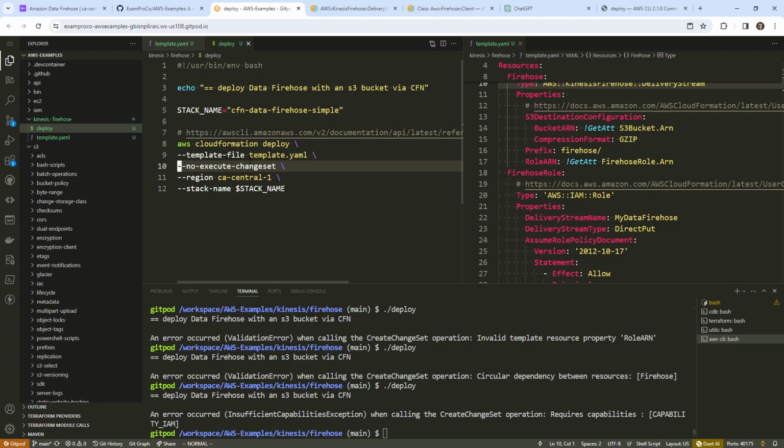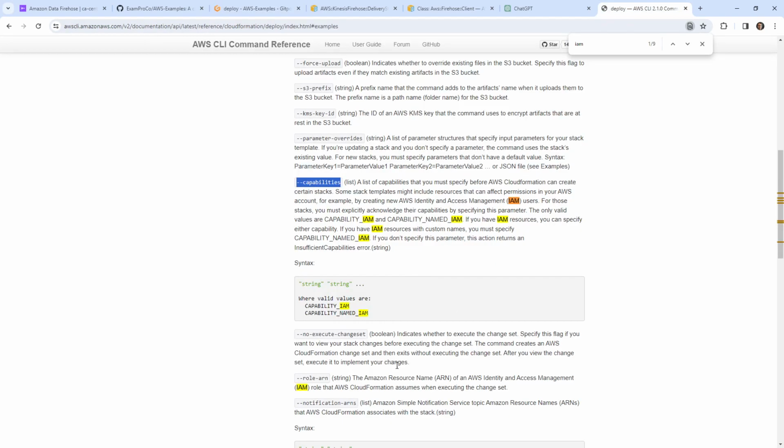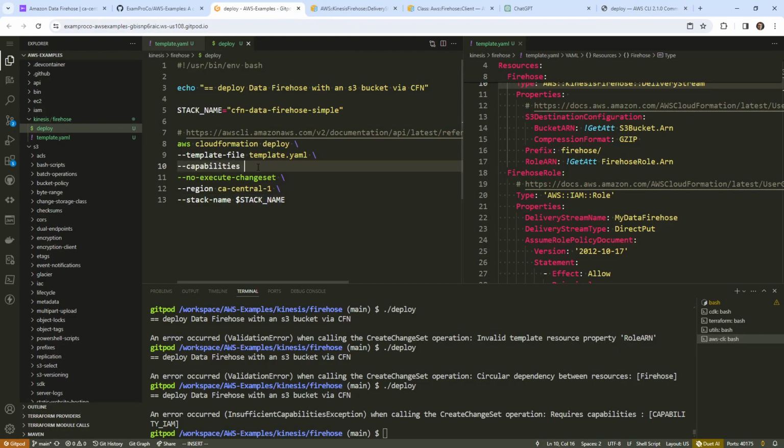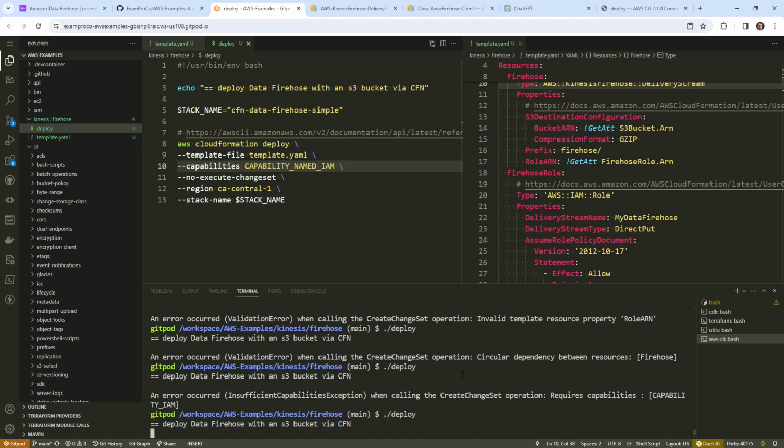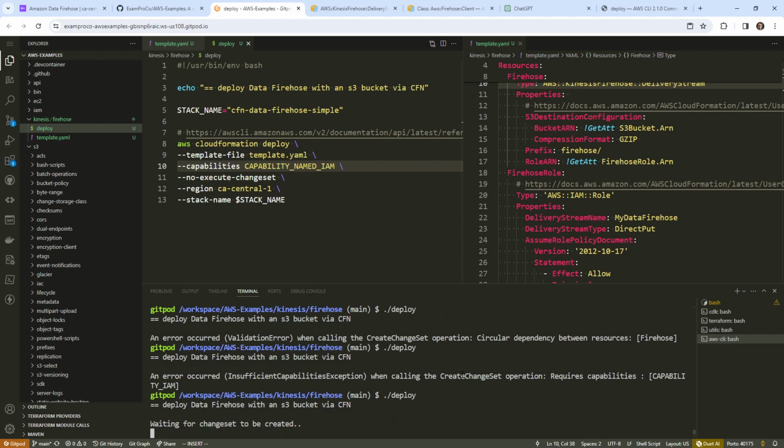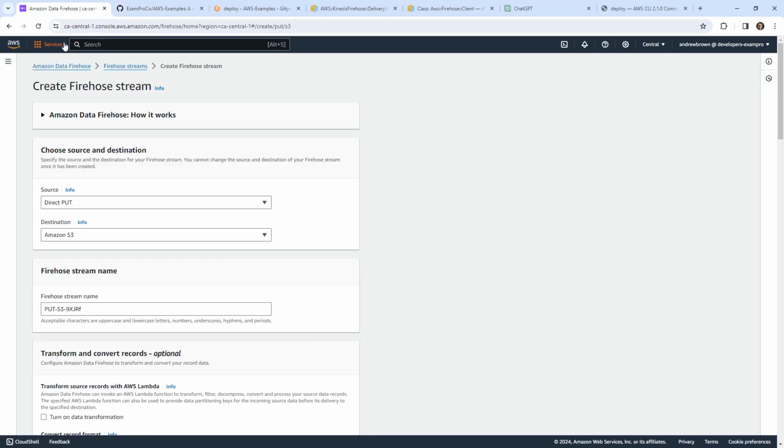You can tell I do this a lot. Like literally, I've done this so much. So it's whether it needs IAM or named IAM. If you have an IAM resource, you can specify either capability. If you have an IAM resource with custom names, you must specify custom named IAM. It sounds like it's this one here. It's not going to hurt if it's not. I'd rather just do that every time. So we'll go ahead and try this again. Make sure we put the backslash there so that doesn't mess up our command. And we'll hit enter, and we'll go over to